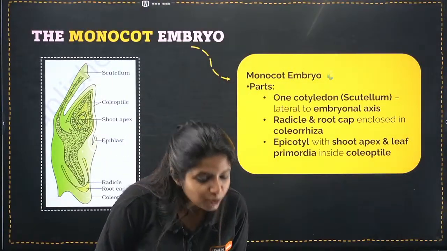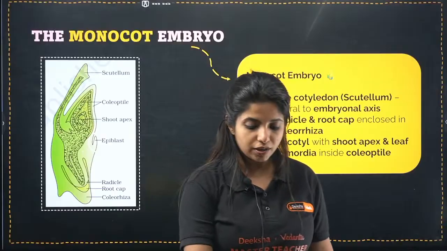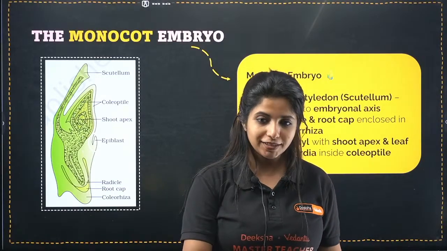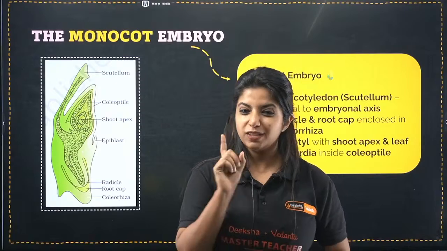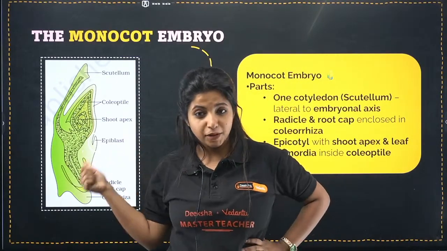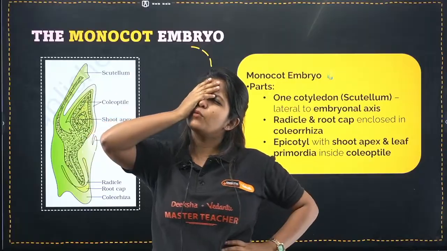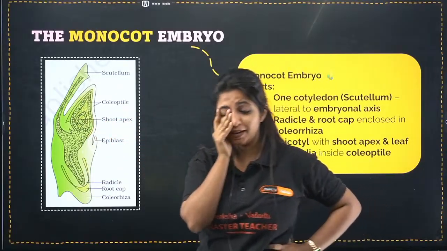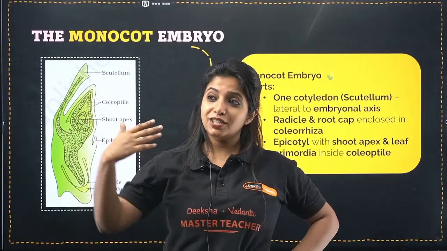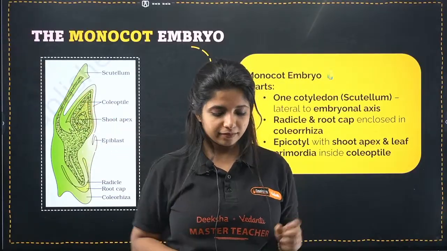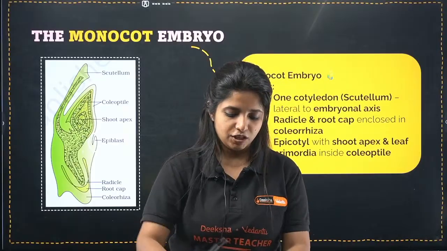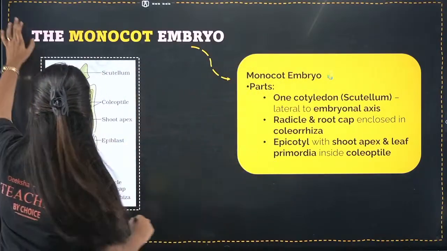Clear, ma'am. Amlu says clear, ma'am. What about others, children? It's clear? It's all cool? Will you remember it? Trust me, this is the pain point of children. They tend to mess around this particular picture, but every time monocot embryo somehow shows up in second PUC examination also. So if it's clear now, for the rest 365 days of your life, you will be in a good mood. Okay, so we go ahead. Yeah, Suvarna also says it's clear.